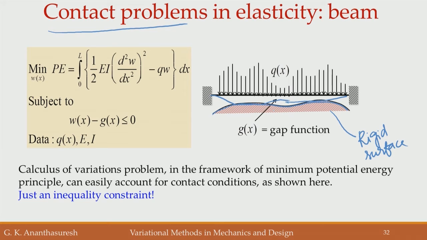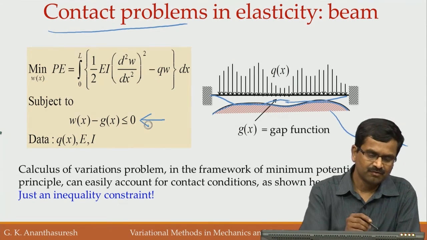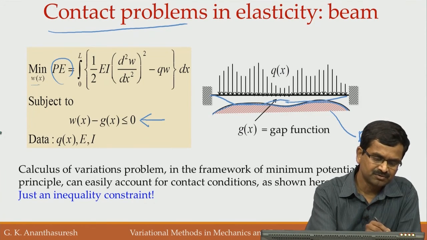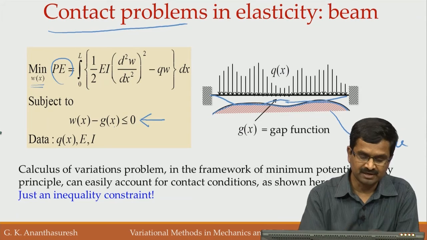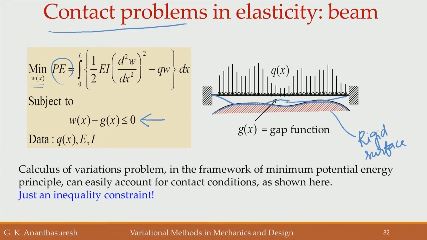Where the contact happens, you do not know a priori, so what you do is put a constraint, like in the Chatterjee's problem, where we had a constraint that the curve has to lie below the river equation. Here we are trying to minimize the potential energy with respect to W of x, but we are also including a constraint that W of x should be less than G of x. Whatever W that we take, the gap that we have, G of x is here, it should be within that. The gap function is defined by the G of x here, your deformation cannot exceed the gap, that is what we have here as a